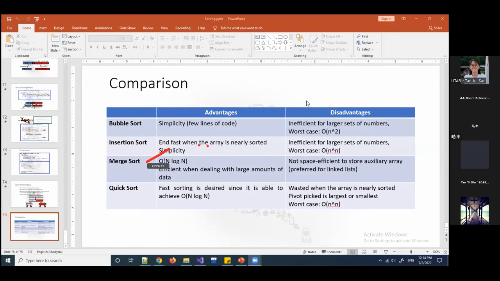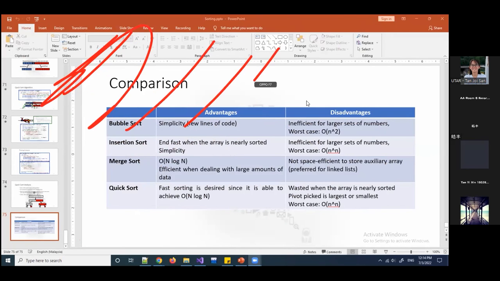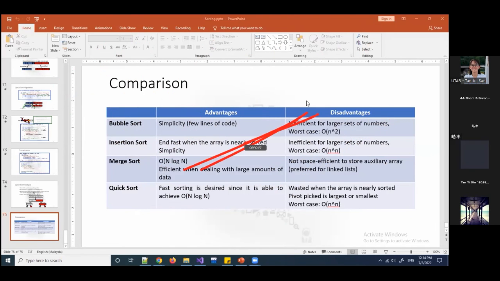It's not space efficient. It's not space efficient to store auxiliary arrays. So what does it mean? It means that, let's say,